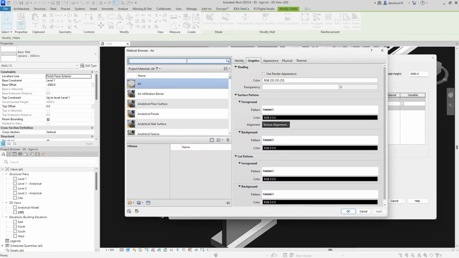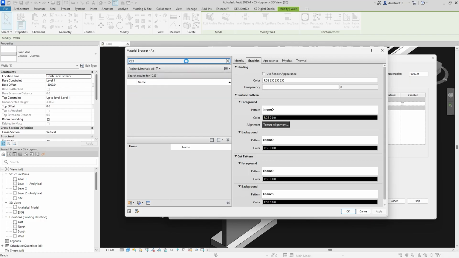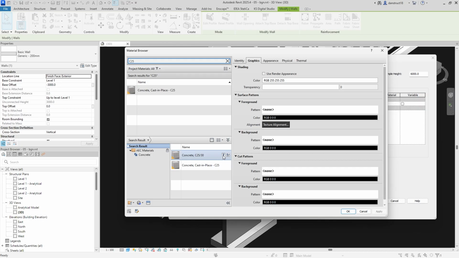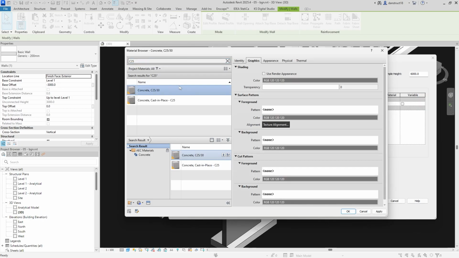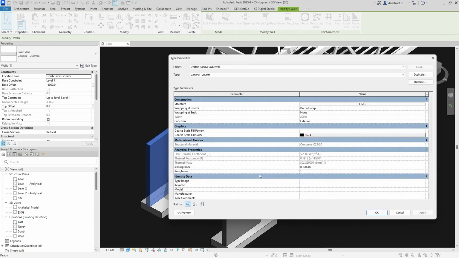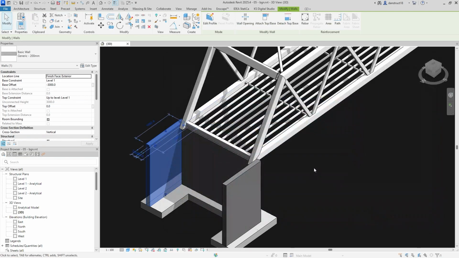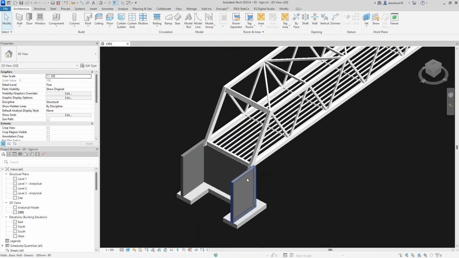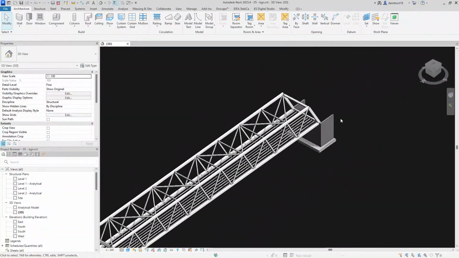And here, I'm just going to go ahead and load a material that we can actually use. So why not say C25? There we go. I'm going to load in C25. I'm just going to load this into the project. There we go. Select this here. And I'll click OK. And I'll click OK. And I'll click OK again. And now that particular element has a material of choice. So if we don't want it to appear as gray,